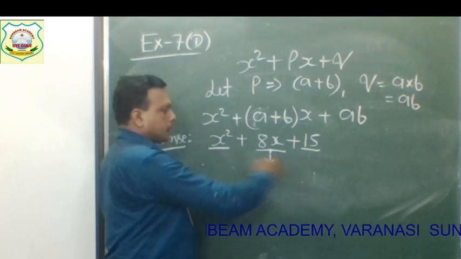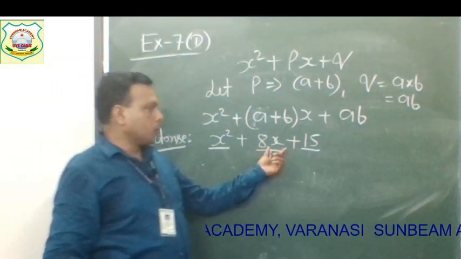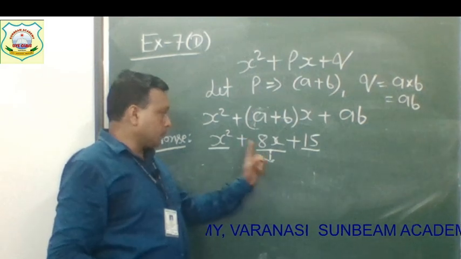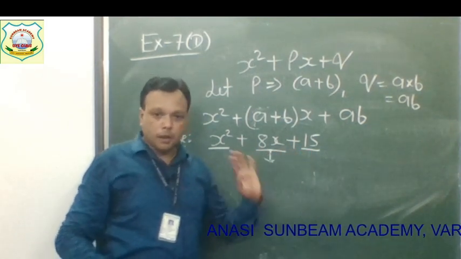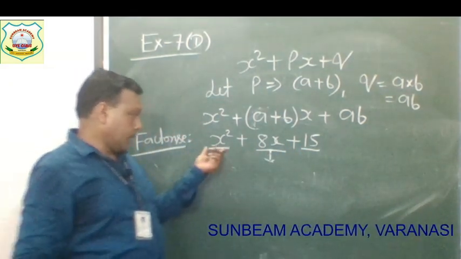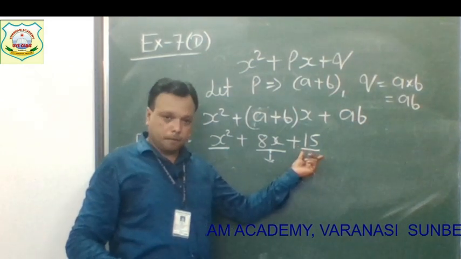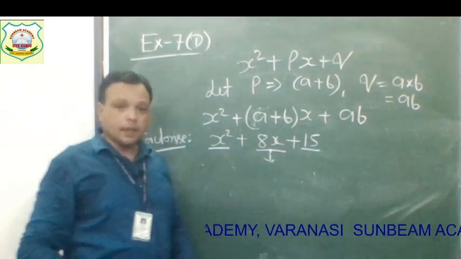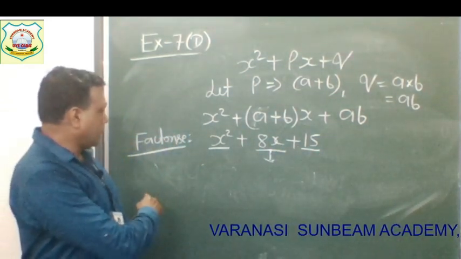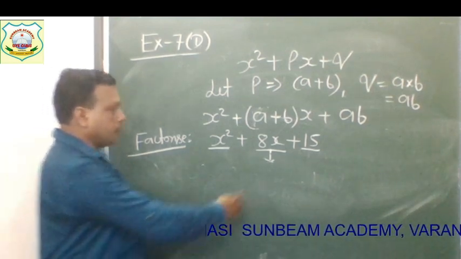So, we can see here the x variable has only the x square term, and the numbers are 8 and 15. So, nothing is common here. The identity is a square, but this is not an a plus b square. Okay. So, identities we cannot use. So, that last option is the middle term splitting.